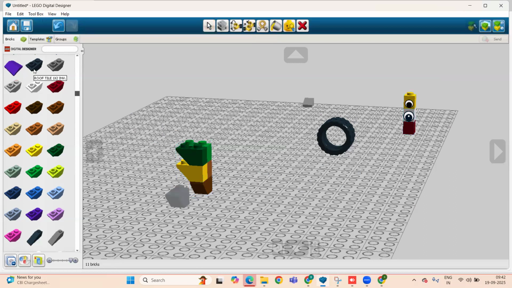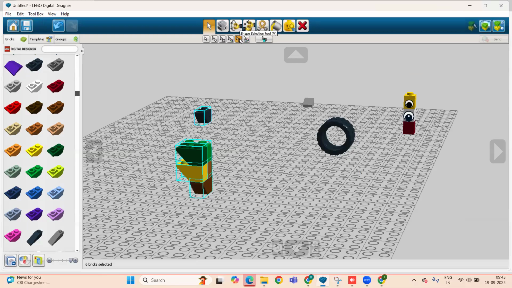For example, I'm taking one more roof tile and putting it here, and I'm selecting this one through shape selection. Then you can see all are selected, wherever it is. The location doesn't matter, the places don't matter, only the shape matters, right?